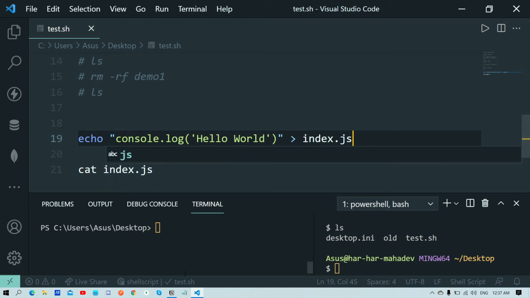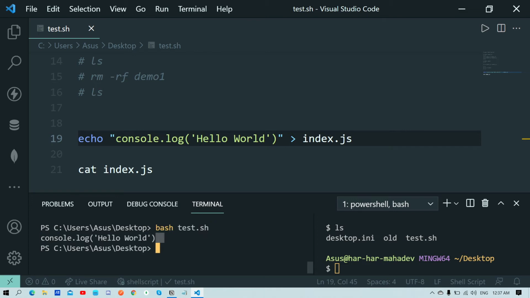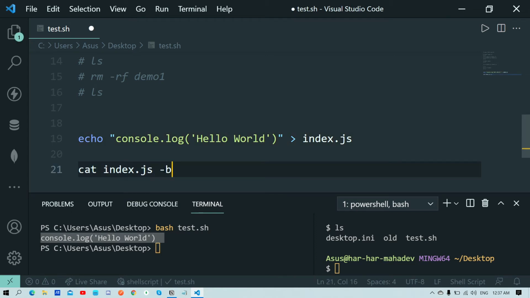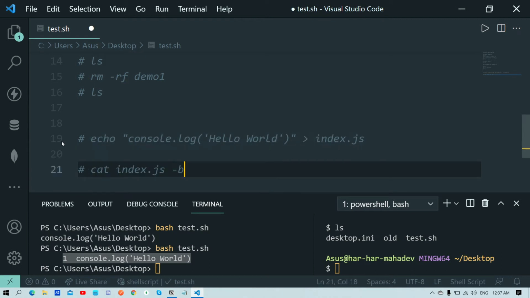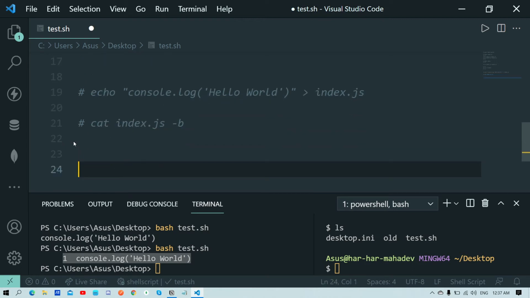Let's see how it works. If I hit the command again, with bash test, you can see the cat command is used to display, to read the file. If you use the -b option as well, it will show the line numbers. So this is also better if you use the cat command. Rarely we use cat, not always, but yeah, now we can proceed with the for loop.